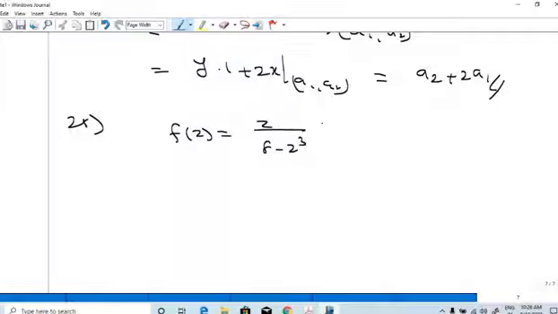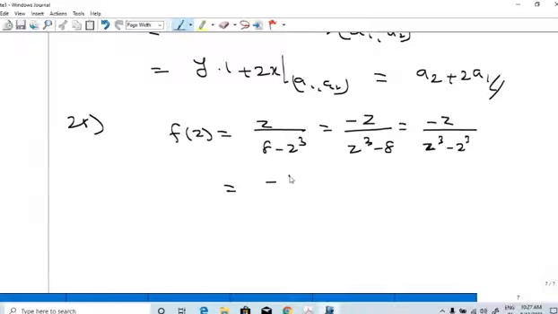Okay, we can rewrite this. We take minus outside in the denominator. You can take the numerator minus z by z cube minus 8. So this is a cube minus b cube. Therefore, we can write minus z by, we know that this is 2 cube. Sorry, z cube minus 2 cube. That is the a cube minus b cube format. Therefore, we can write a minus b into